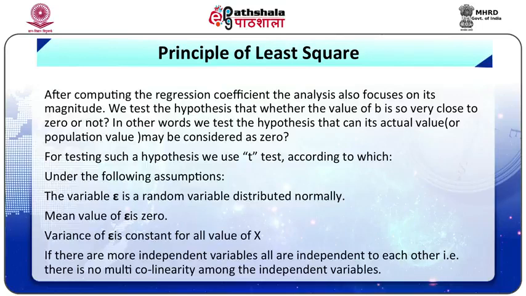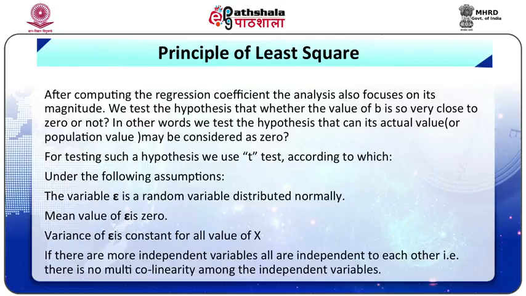For testing such a hypothesis, we use the t-test, according to which, under the following assumptions: the variable epsilon is a random variable distributed normally, the mean value of epsilon is 0, the variance of epsilon is constant for all values of x. If there are more independent variables, all are independent of each other, that is, there is no multicollinearity among the